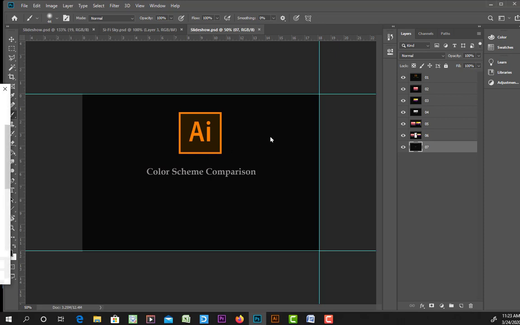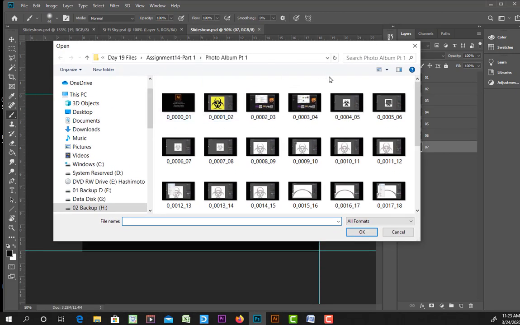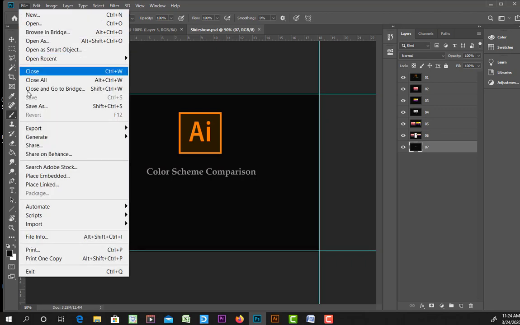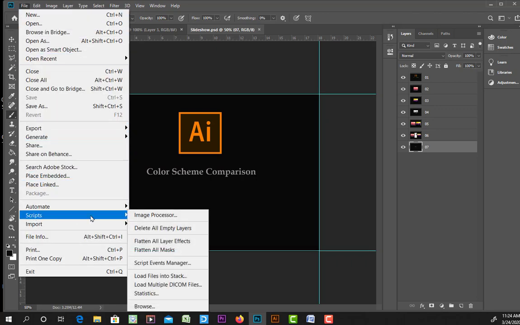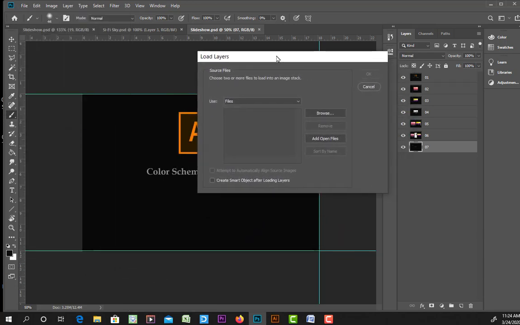and browse, and I have found my images. I should cancel that and show that a little better, because the other dialog box is showing up on my other screen, which is not very instructive. So I'll do File, Scripts, Load Files into Stack, bring this dialog box over so everyone can see what I'm